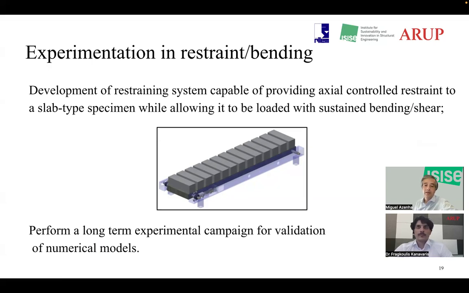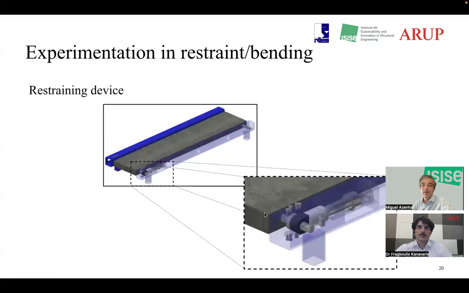So a specimen, a slab-like specimen that is 50 centimeters wide, 10 centimeters thick, and 2.4 meters span between the two supports that you see in the picture. So there are two transversal rods that you see here. They go throughout the slab, and this slab is simply supported with 2.4 meters span, and it will be loaded transversely. But at the same time, interestingly, we created a device that will make the rod on the left-hand side, so here in the picture, be pushed or pulled, whatever we want.